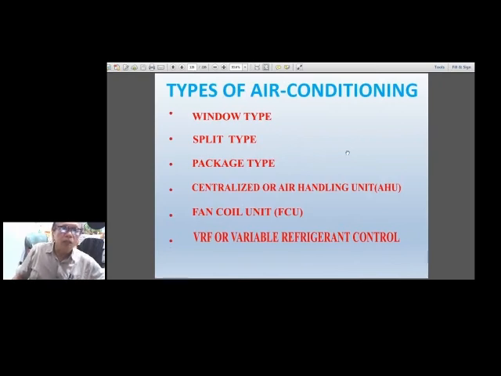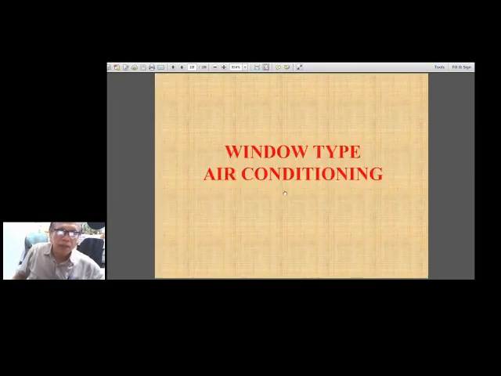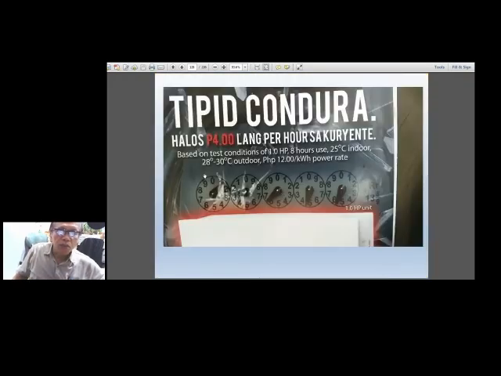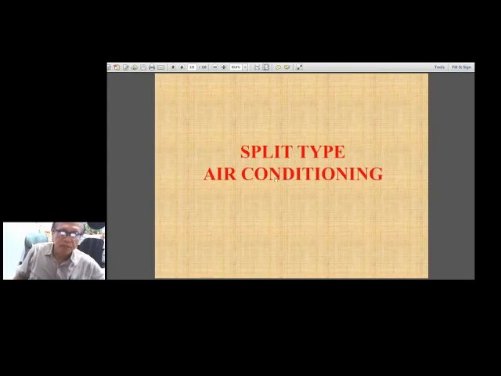Okay, then punta na tayo sa types of air conditioning. Window type, split type, package type, centralized, fan coil, VRF. Standard ratings, ito na, may 0.5, 0.6 na sinasabi ko hanggang sa malalaki. Window type, so tipid, tapos 4 pesos lang per hour sa kuryente. Yan, so window type, split type,